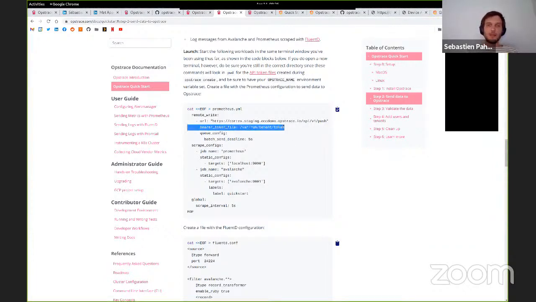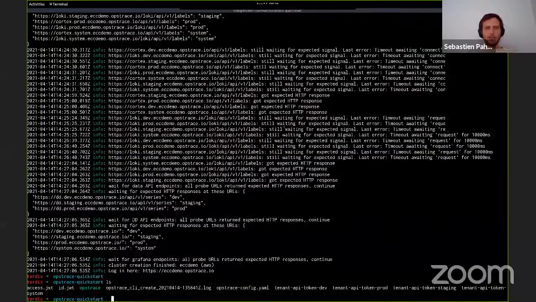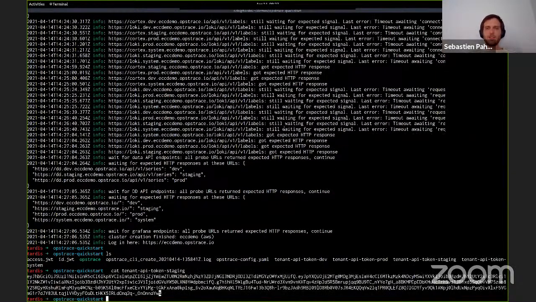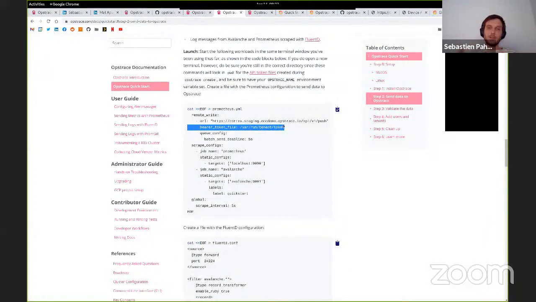The token is, I will show you here. Right now, it is generated when we create the cluster. Eventually, you'll be able to download them from inside of the cluster. For example, in this case, it'll be the staging token. There's not much to see here. It's just to show you that these are standard JWT tokens that are used to authenticate with the system.